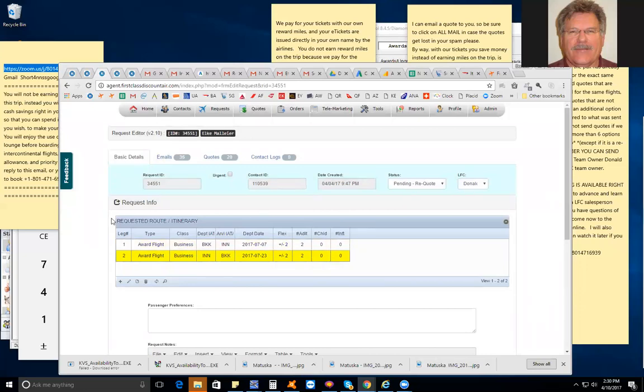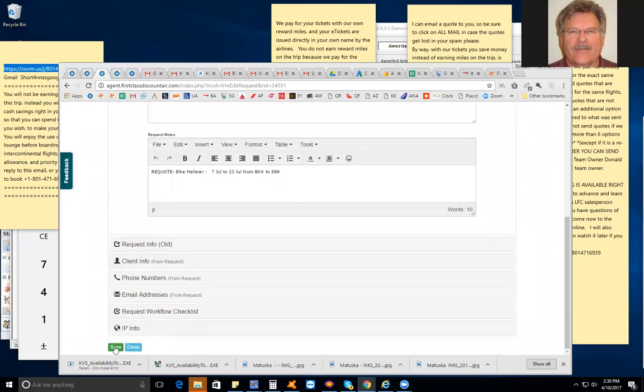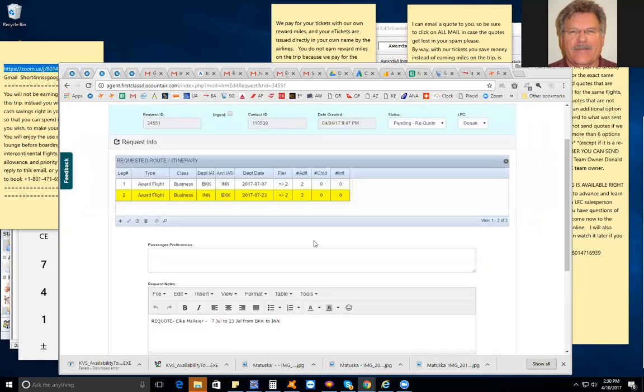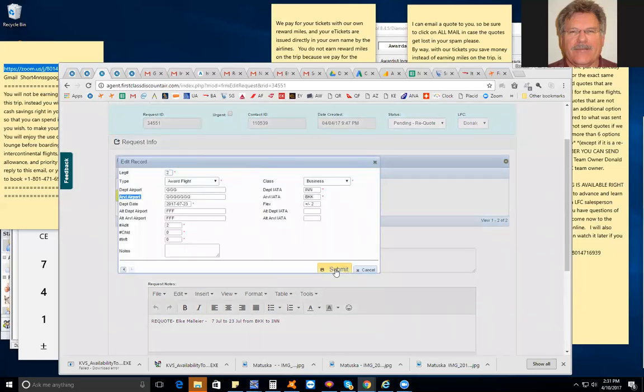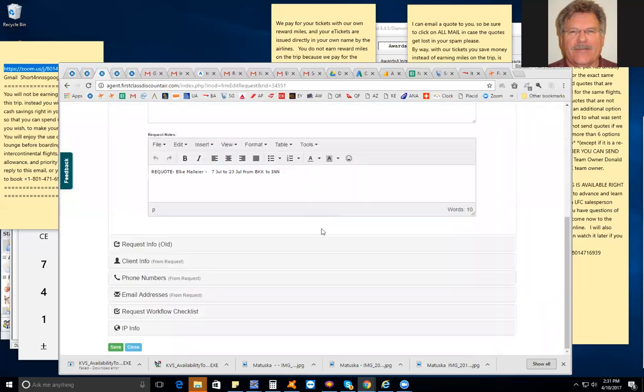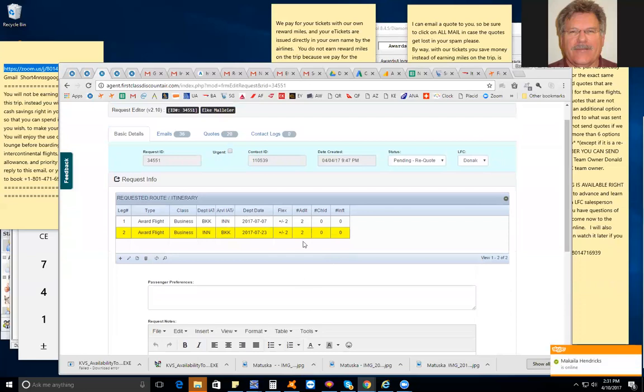This section right here, this blue section, actually saves itself already automatically. I don't have to go down here and hit save, because if I change something in this one little box right here, this route itinerary, it already saves itself. What's saving it is when I hit submit down here, that's saving it. So if I've saved that, I don't have to also go down here and save it again. It's already saved. So if I go to the quote for this one, let me see if it changed it